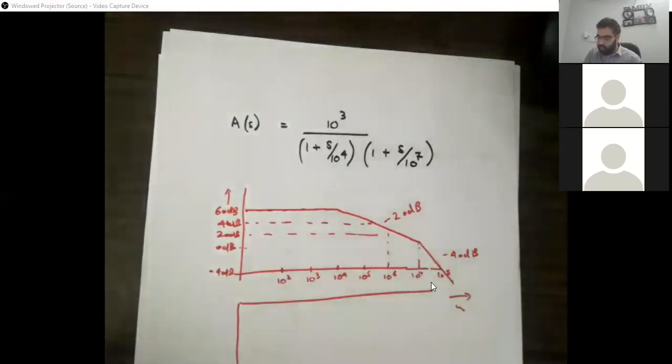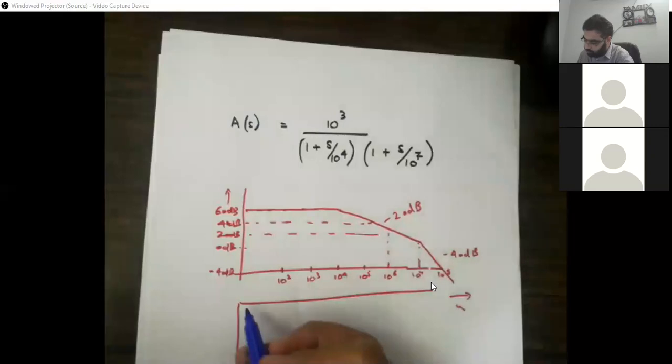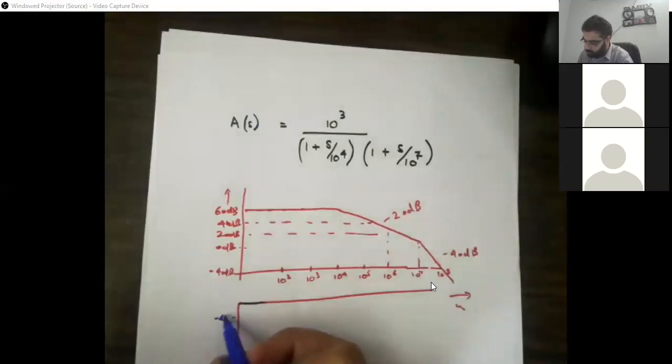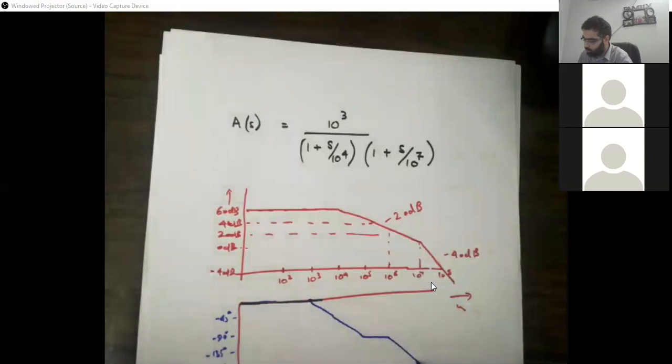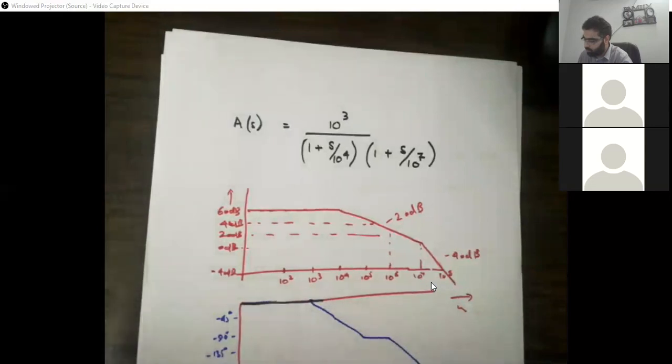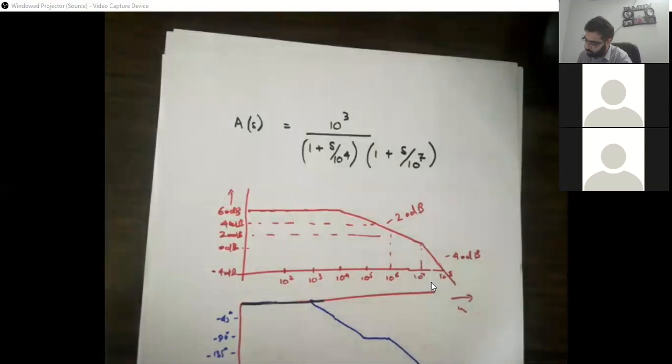So and then we have the phase response. Phase response will start with the minus 45, minus 90, minus 135, minus 180 degrees. So we'll start with this point. At 10 times of this one, we'll start with the minus 45 degree per decade. We will go 10 to the power 5. We'll stay here, and then we'll start here. 10 to the power 8 पे ये minus 180.